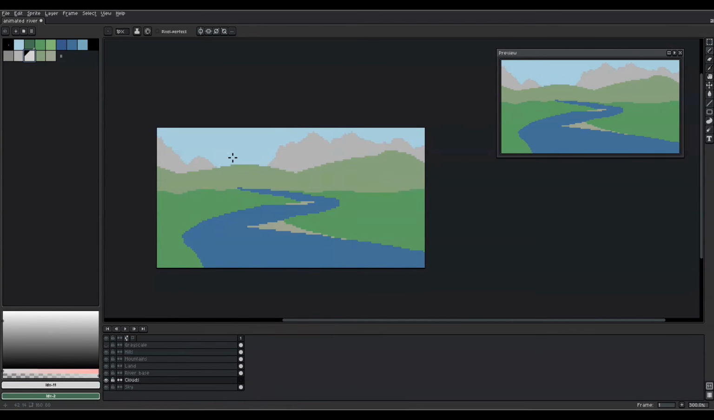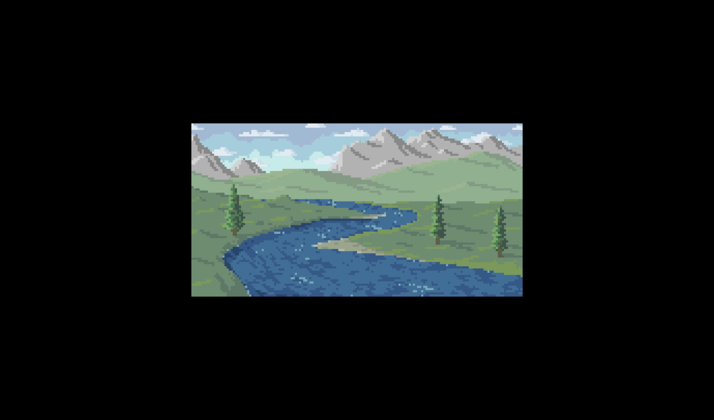I have created a method to bring a pixel art river like this one to life. And in this video I will break it down into a few easy to follow steps. So even if you've never tried to animate one before, you will be able to create your own river animations,